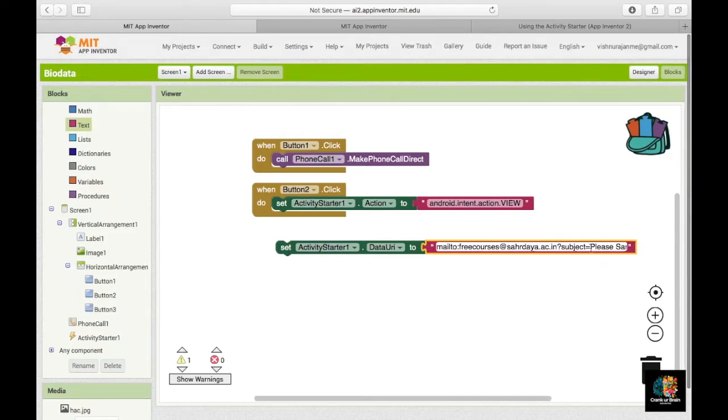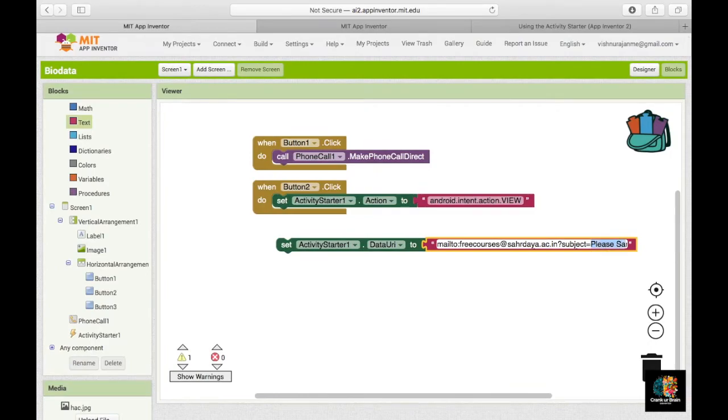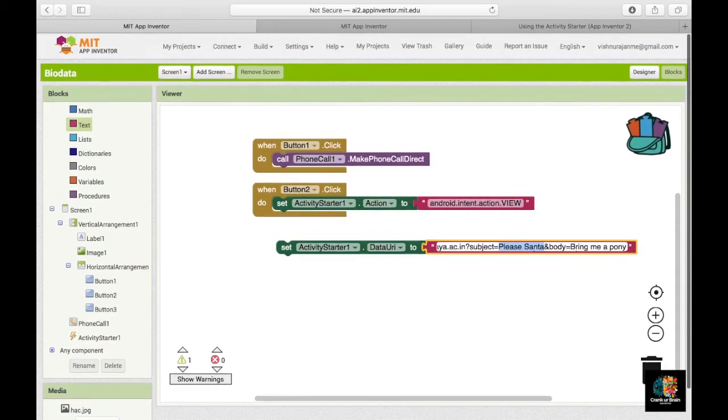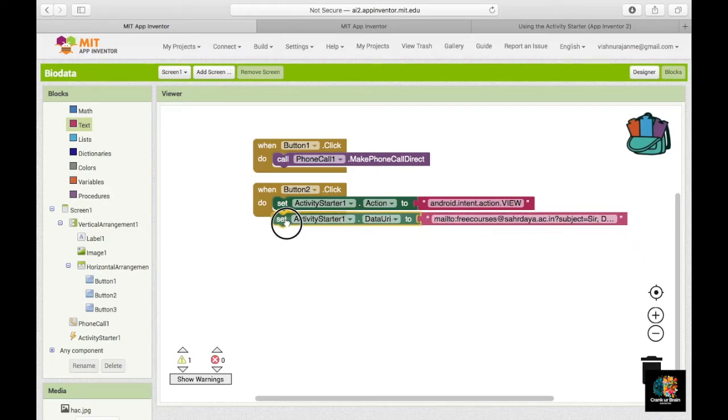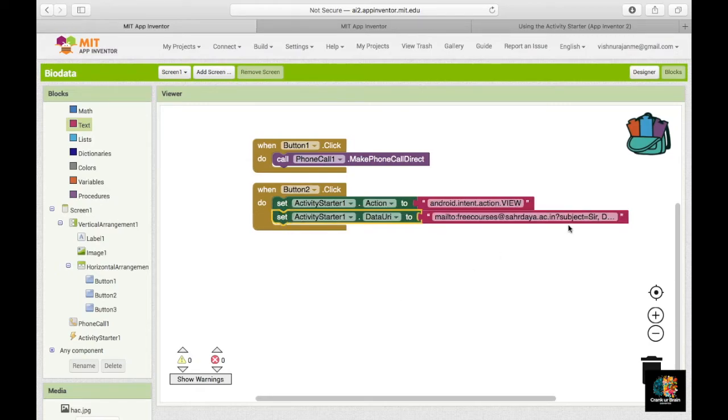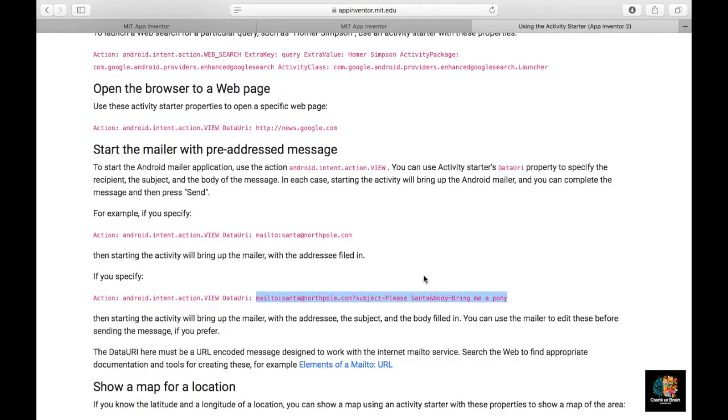And in the subject, I have to take something else. Instead of this subject, I can just type it. And instead of the body, I can just type, I have one down. That's it. Okay. Again, should I leave it here? No. This also has to be inside the button click itself. Okay, so both the things I have set over here.